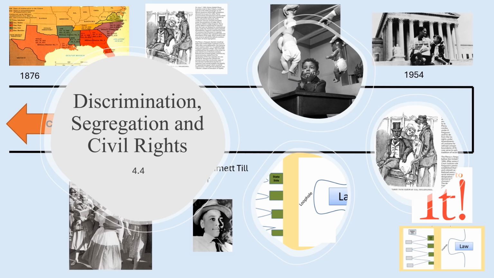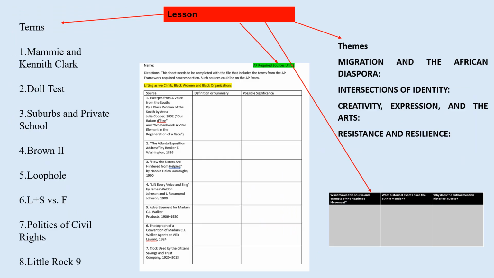Topic here is discrimination, segregation, and the origins of the civil rights movement. The terms you want to know by the end of this session include the ones that are here. You want to use the AP framework to analyze the sources as well as complete the charts as they appear